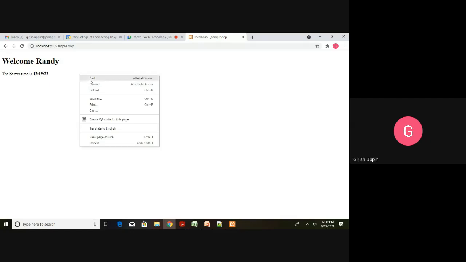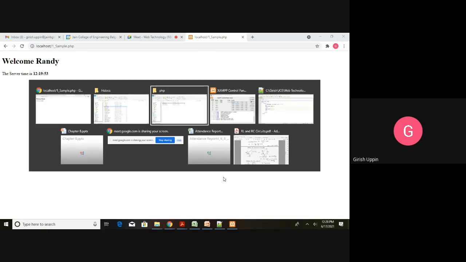Okay, and if you check the HTML, so you can see the HTML. Now the server time is there. This PHP code has replaced the Randy name, and this PHP code has given this strong, this time, and closing strong. So whenever you refresh, now it is 1922. If I refresh, okay, it is changing because it is getting the time from the server. Which is the server? My laptop is the server where the Apache is running. So it is getting the time from there, and it is displaying.